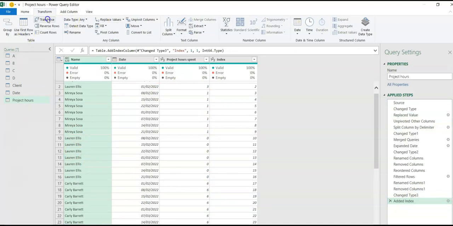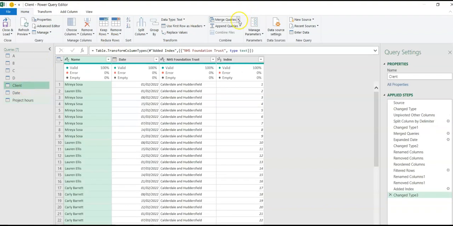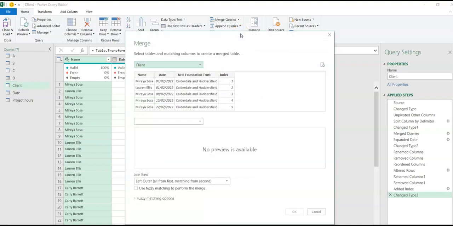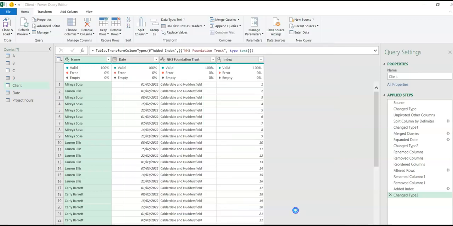Fine. So what we want to do now is merge these two queries. I want to merge them as new. So start with client. We merge on the index column for the client query and the index column for project hours. And you can see it matches 168 with 168.